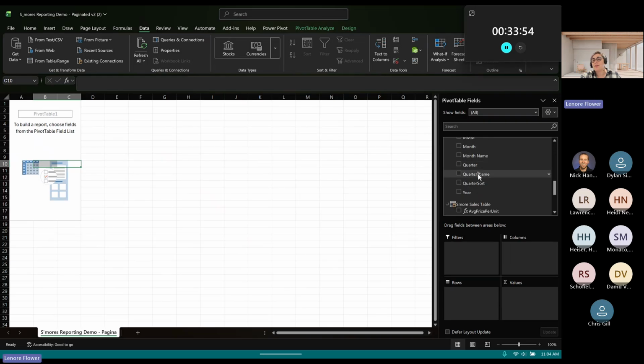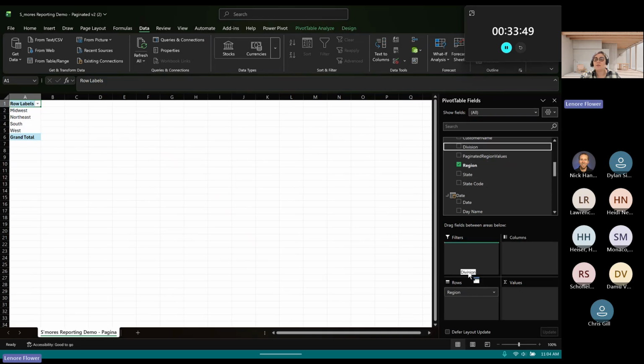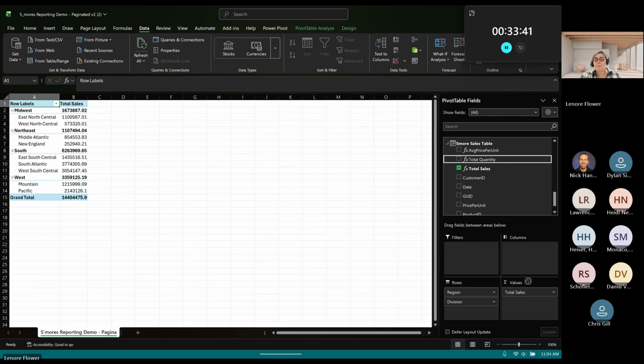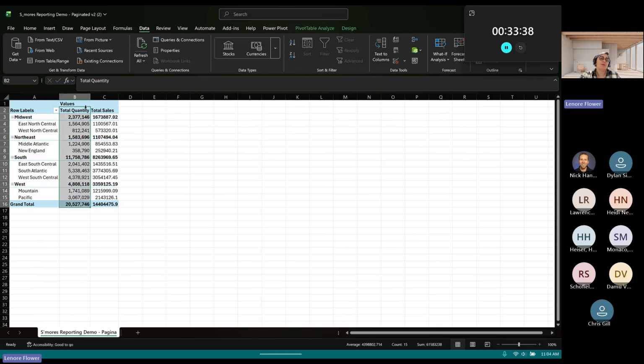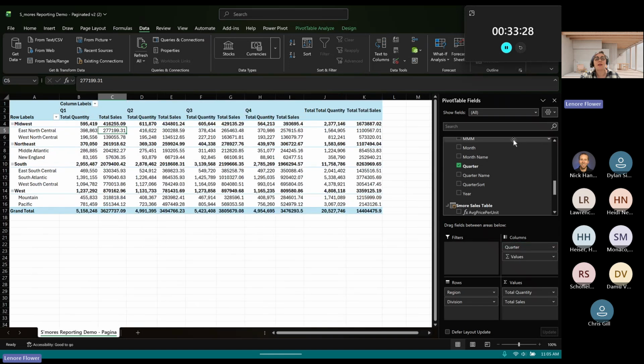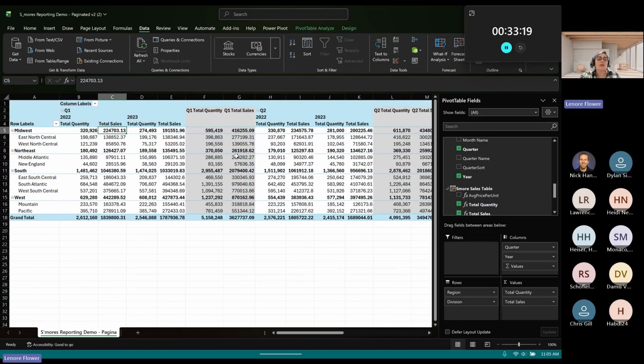And we can do roughly the same thing. What did I choose before? Region, division, and total sales and total quantity. Now, in theory, you could use this to print out too, but once you start building out the overall structure the same way that we're looking at in that initial report, where you have the quarter information in place, and let's say we wanted to also have additional values in here around including the year, this starts to get really wide really fast.